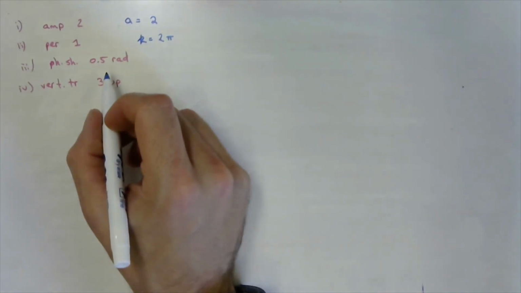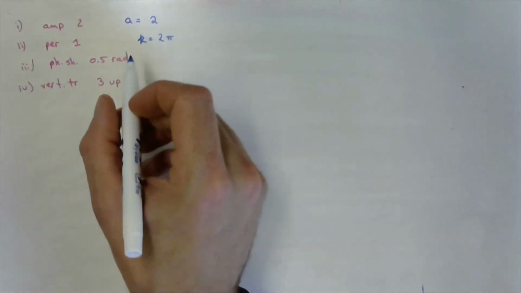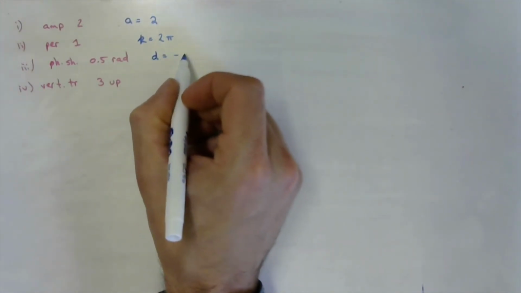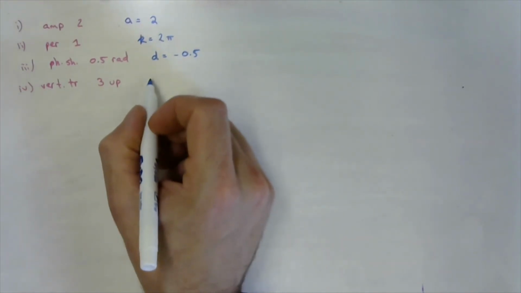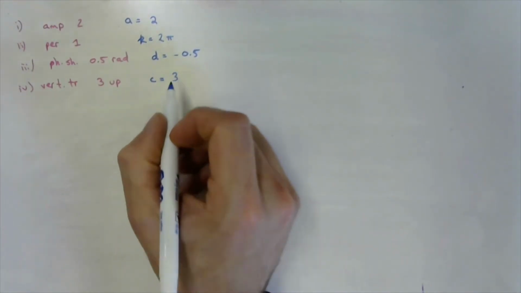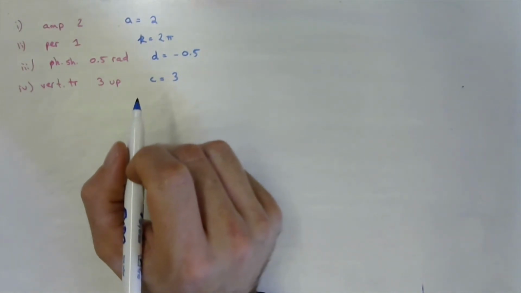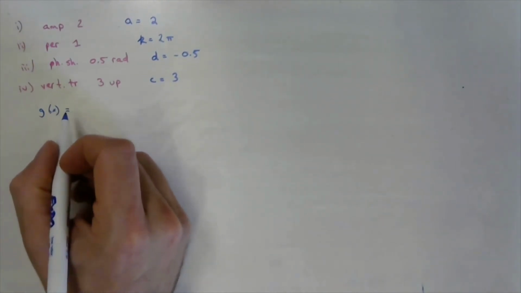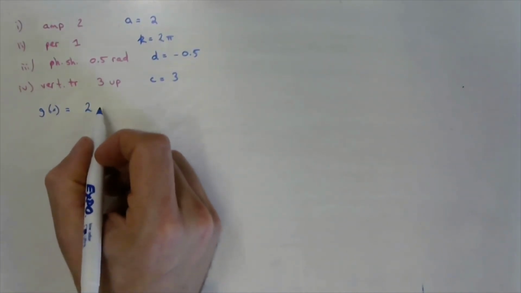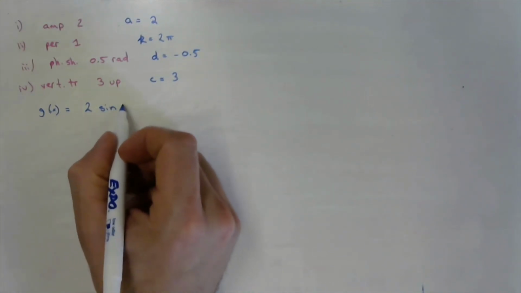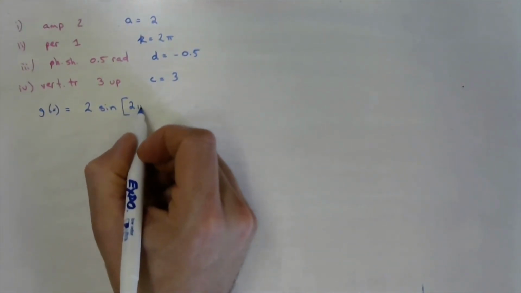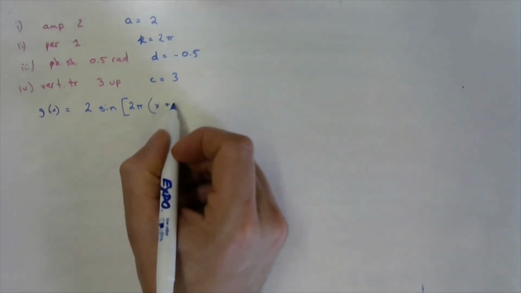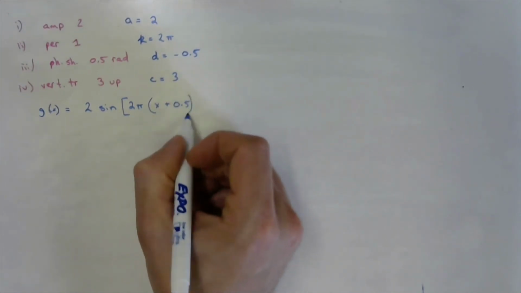K is 2 pi. Phase shift is our value of d, and we are moving to the left, so d is going to be negative 0.5. And c is a vertical translation 3 up, so c equals 3. Then we just take those, we sub them into our standard equation, and we get g of x is 2 times the sine of, now look at k, k is in terms of pi, 2 pi times x plus 0.5